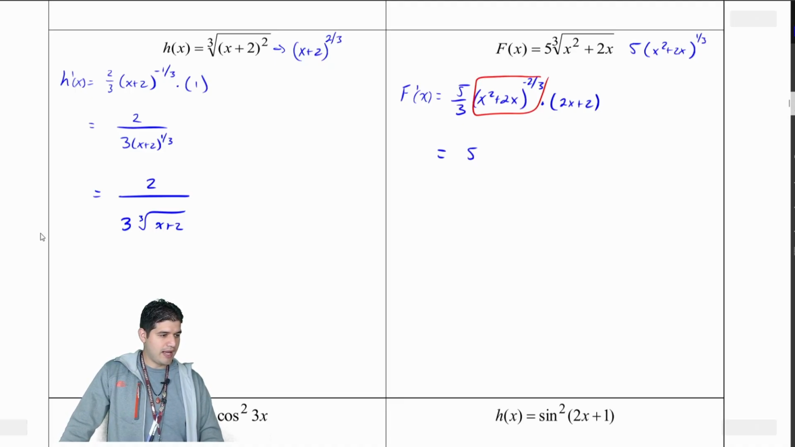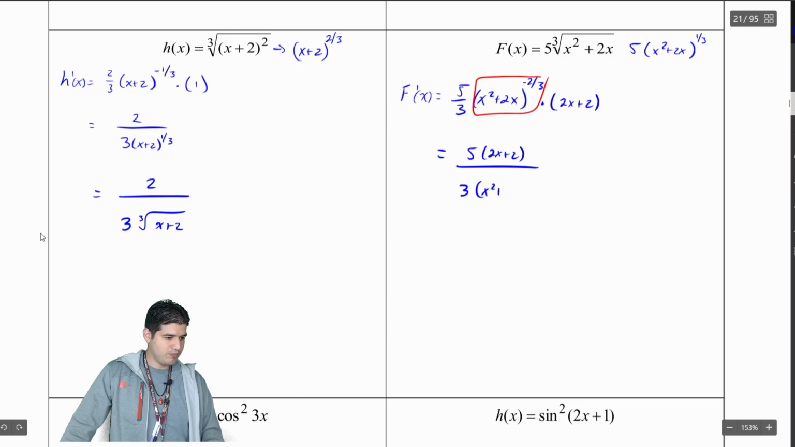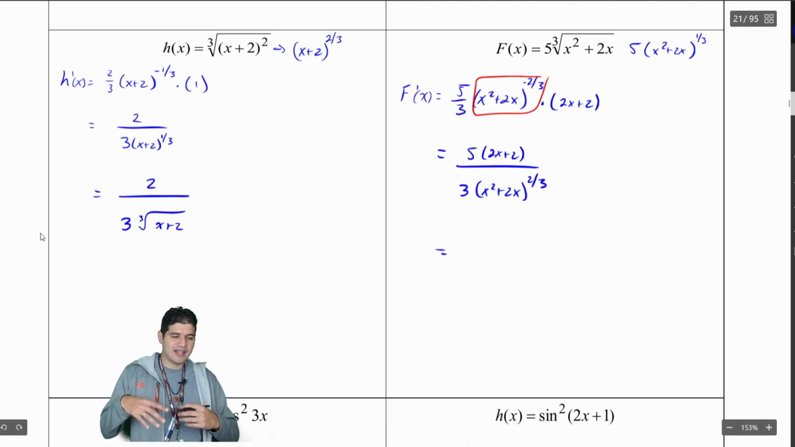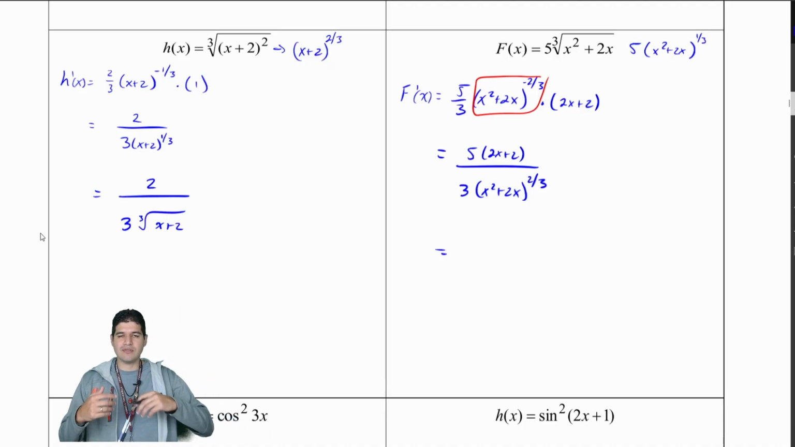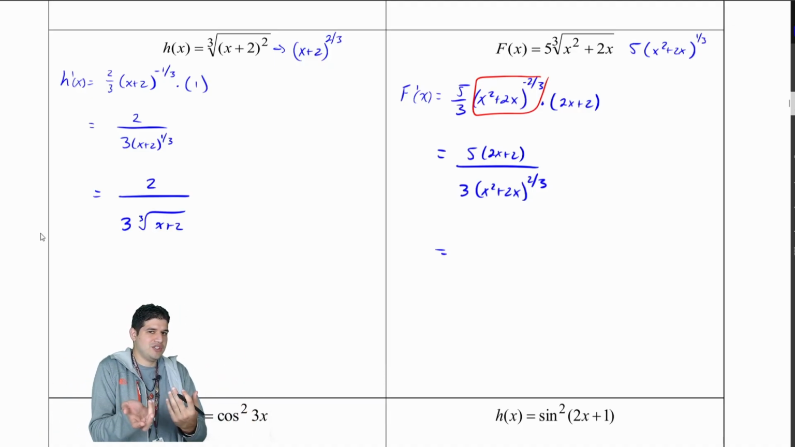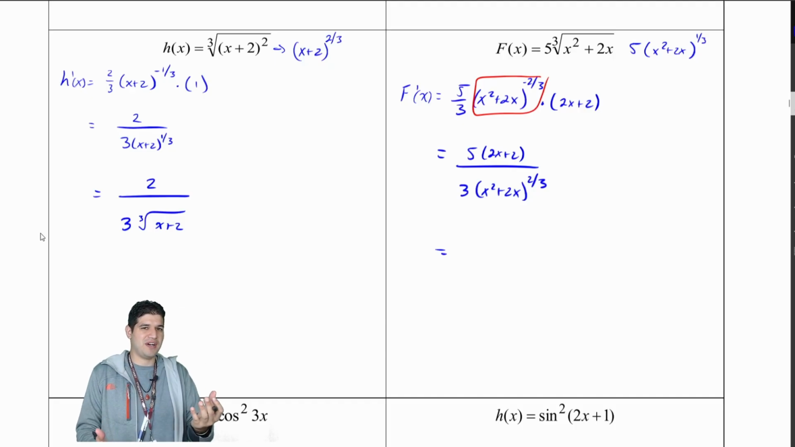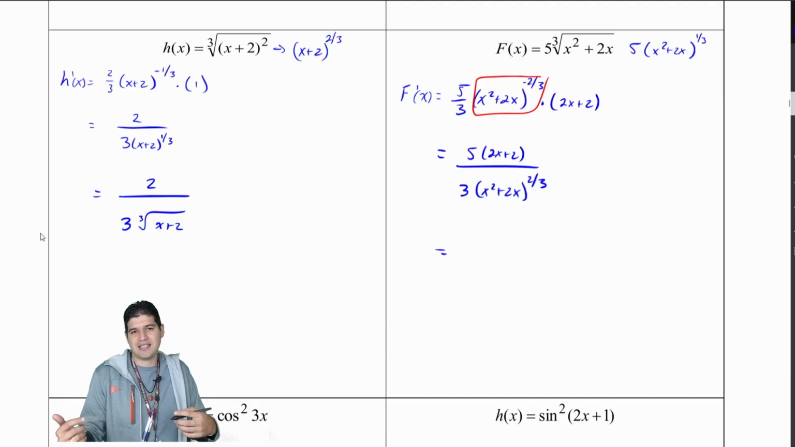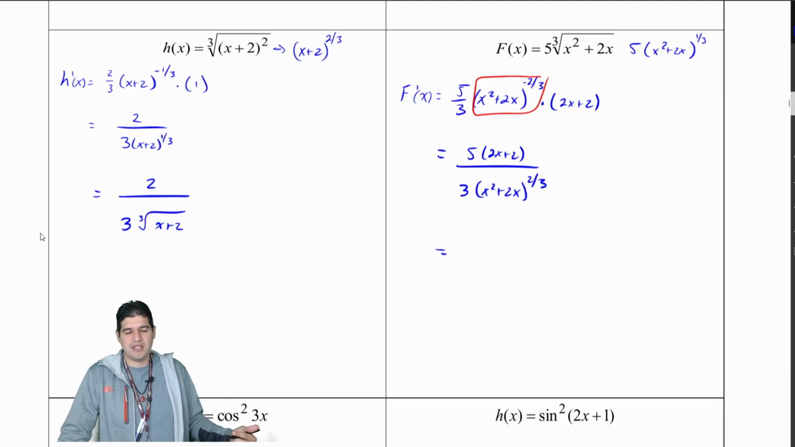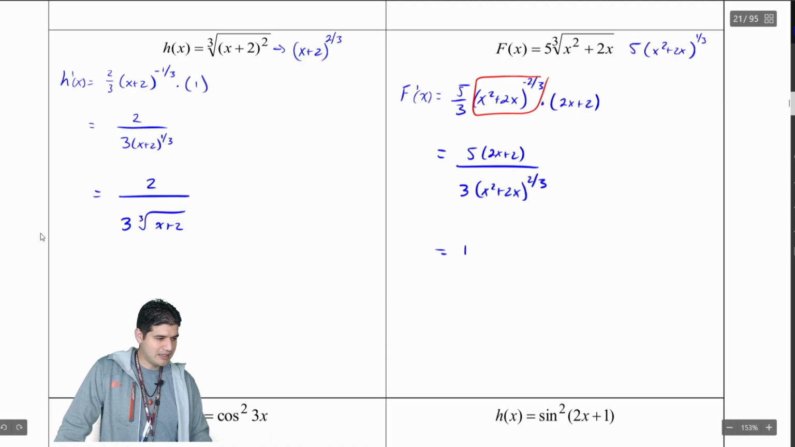So I'm going to have 5 times 2x plus 2. And then in my denominator, I'm going to have 3 times x squared plus 2x to the positive 2/3 now. Now I'm almost done. So what I see in that numerator, 5 times 2x plus 2, I can factor out a 2, or I could just distribute the 5. I'm going to distribute the 5 because I think getting rid of those parentheses might be a little bit simpler. So 10x plus 10